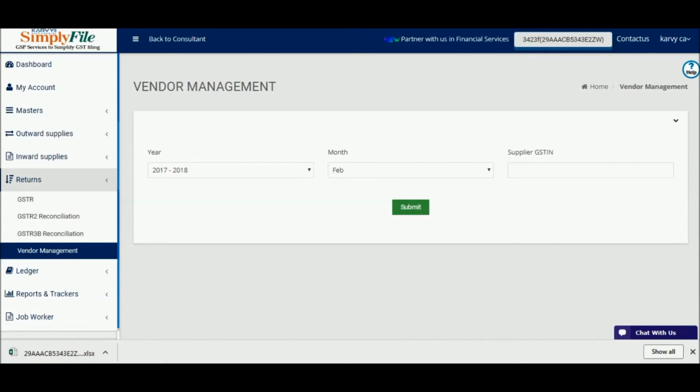Next comes vendor management. Vendor management is a very unique tab which helps you get through the mismatches of the invoices reflecting vendor by vendor. You have to just select the GSTN number and click on submit.